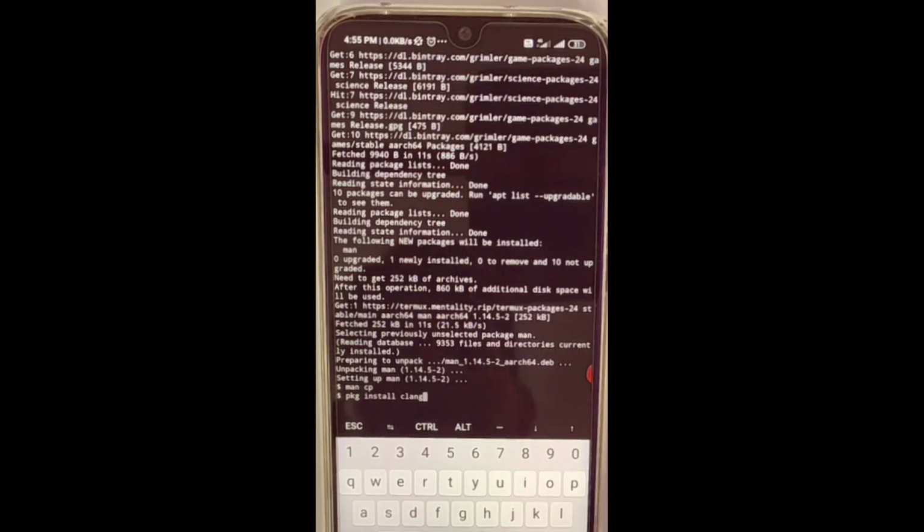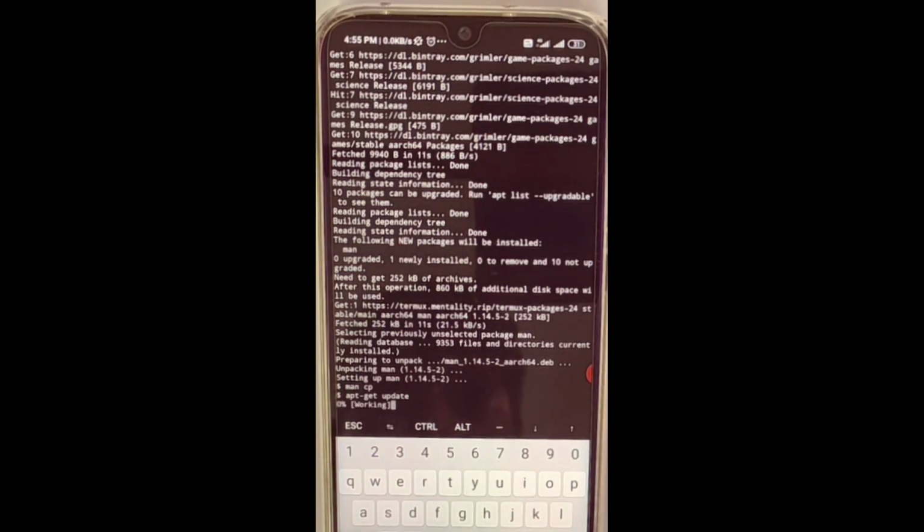In that case you have to first use update. So how to update the terminal? apt-get space update, update, sorry.